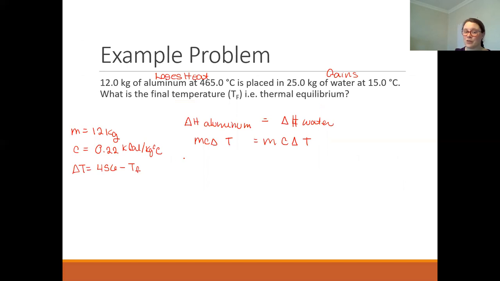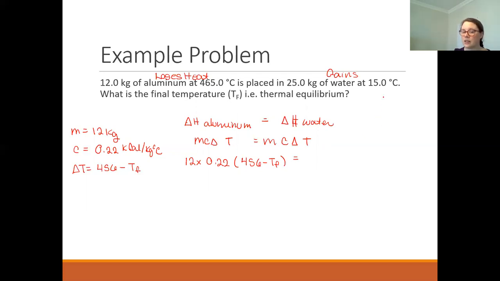So we have all the information for this side of the equation. So it's going to be 12 times our C of 0.22 times our temperature change. And we're going to do that in brackets because we couldn't calculate it. So 465 minus TF